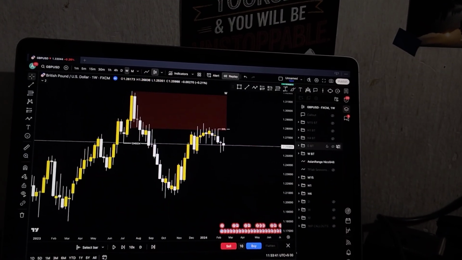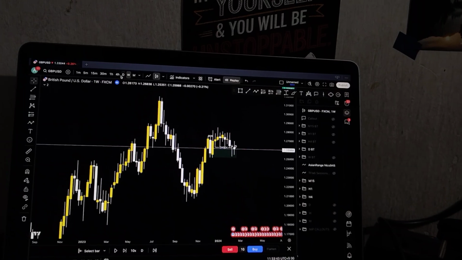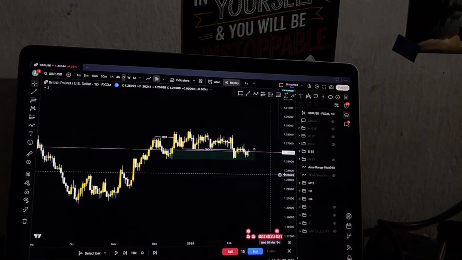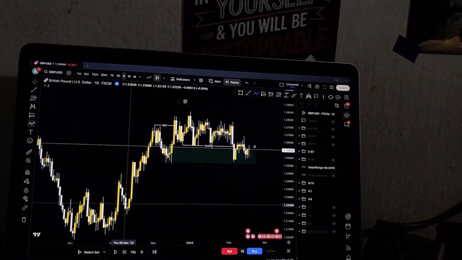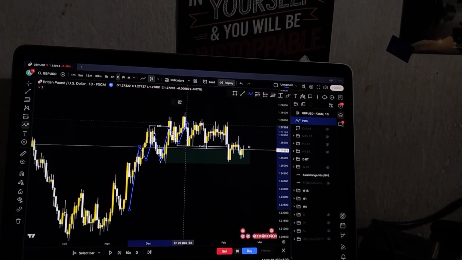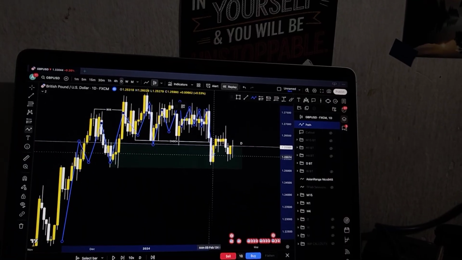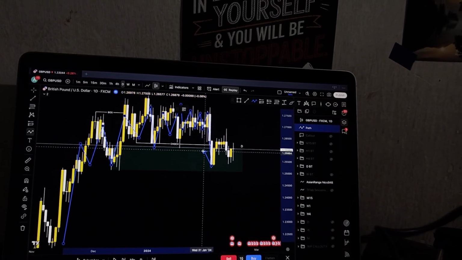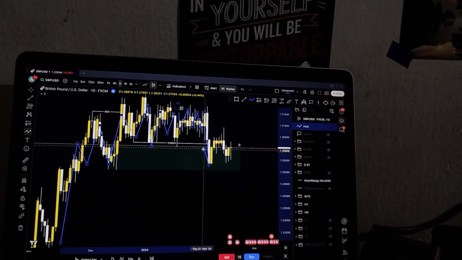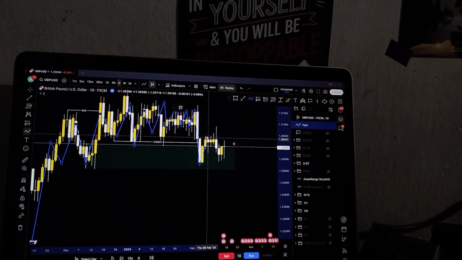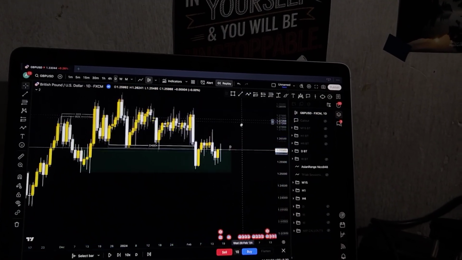So it's clear. So now going to the daily time frame, this is when I go to the daily time frame to look for market structure. And if I see the market structure, the market was trending up and it accumulated in an area, and now it is lower highs and lower lows. On the daily time frame, the market structure is bearish, lower highs, lower lows, and still now the market is bearish.